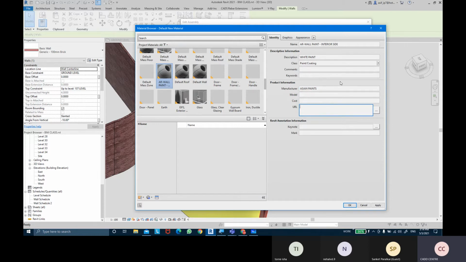Now it is a little lengthier when you're creating, but it is very essential that you give all the identity data when you're creating the material. Otherwise, what will happen once you have completed your project and when you're taking out the schedule quantities or material quantity of the wall or of the paint or of the bricks, at that time आपको ये सारी information input करना पड़ेगा. अब supposingly there are 1,000 walls that are having yellow paints or 1,000 walls are having brick material. So सारे 1,000 wall में individually आपको fill up करना पड़ेगा.